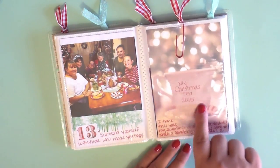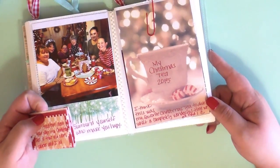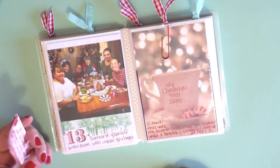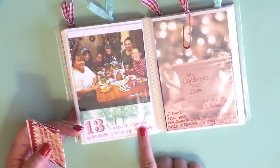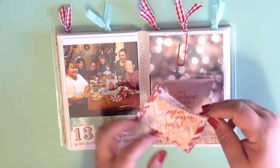So here is this image that I got from Pinterest, and I'm absolutely in love with it. I hope there's not too bad of a glare. And it says, my Christmas tea 2015. I think this was my favorite Christmas tea to date. What a completely wonderful time we all had. And then my quote is, surround yourself with those who make you happy. I did go ahead and put an extra